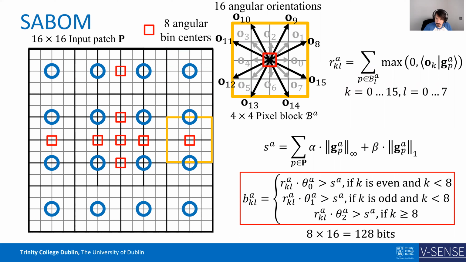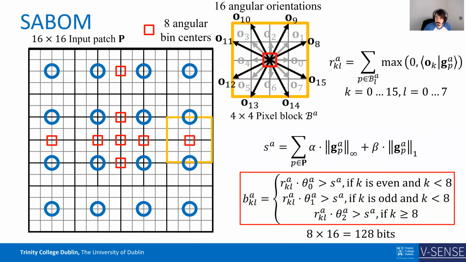So for the angular dimension, the equations are almost the same, except that obviously we replace the spatial gradient by the angular gradient. And the main difference is that we now consider only 8 subblocks whose centers are shown as red squares here, and that we have a finer evaluation of the gradient directions by using 16 orientation vectors. The first 8 are the same as for the spatial dimensions, and we have the additional 8 vectors shown here. And the addition of these 8 vectors means that we need an additional thresholding parameter θ2, because the L1 norm of these orientation vectors is now 3.